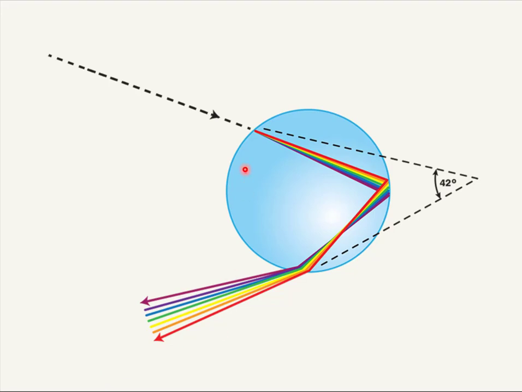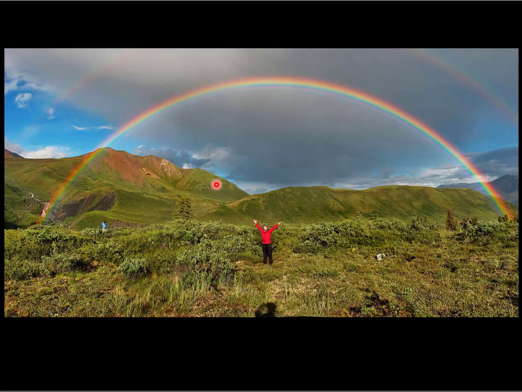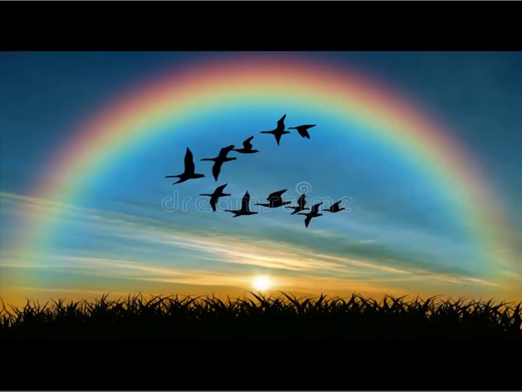Here's the thing, though. The sun is back here behind the viewer, right? So whenever you see a rainbow, the sun will be at your back. It has to be. That's the way the optics of this work out. You will never see a sunset over here, behind a rainbow like that. I just went and Googled rainbow sunset, and sure enough, got photoshopped pictures. This is not possible, okay? This will not happen. It's really pretty, but it's not actually optically possible.